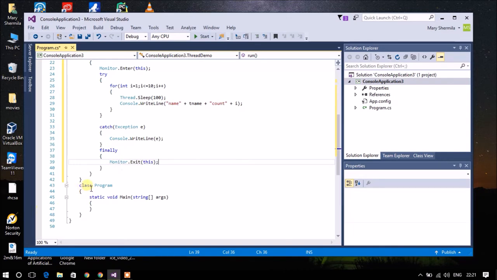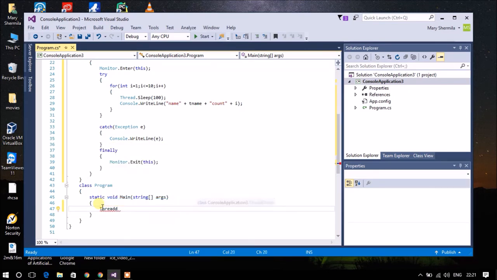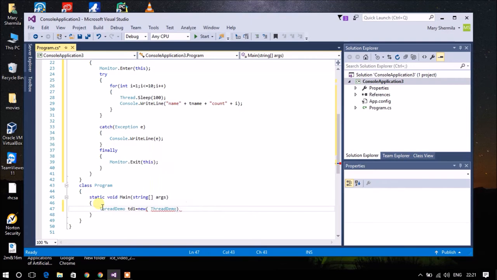So I have a predefined class called class Program, and inside my public static void Main, I'm going to create two objects for the class ThreadDemo, that is td1 and td2. ThreadDemo td1 = new ThreadDemo("thread 1", 1).